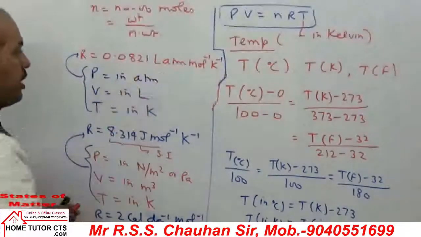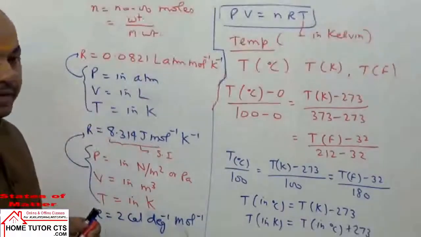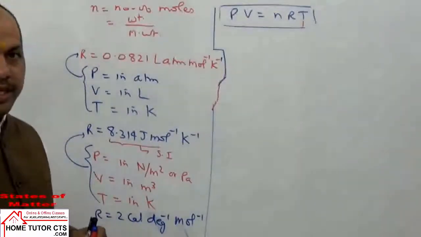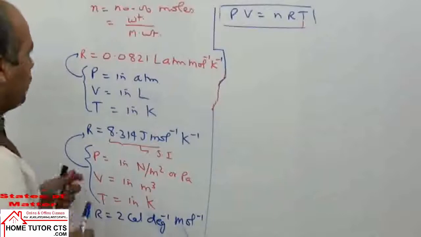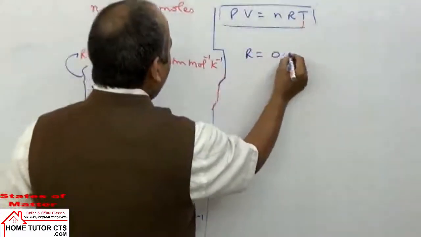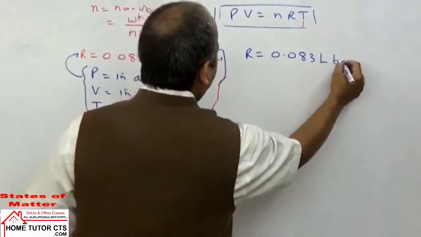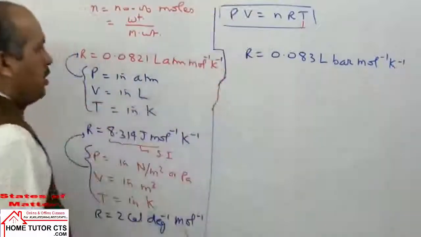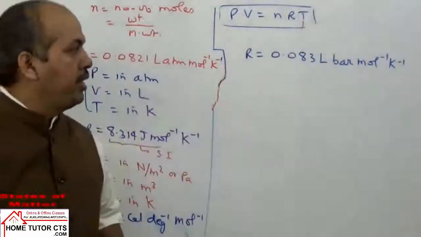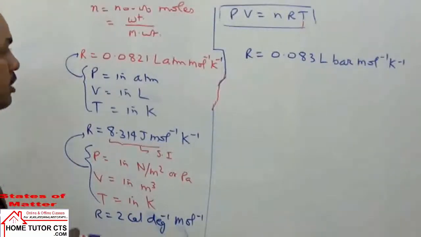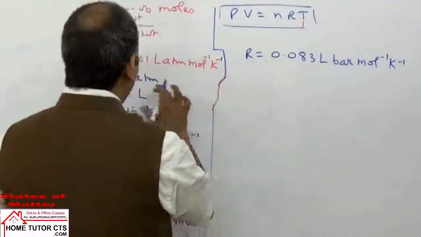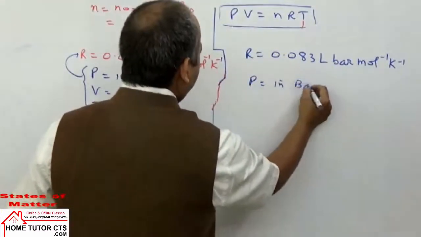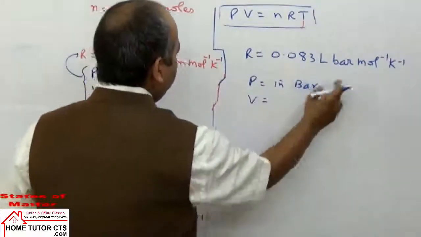In this expression sometimes pressure is taken in bar. We have already seen that 1 bar and 1 atmosphere are nearly the same but not exactly the same. So for R we can take one more value, 0.083 liter bar per mole per Kelvin. This value of R is used when we take pressure in bar, volume in liters,